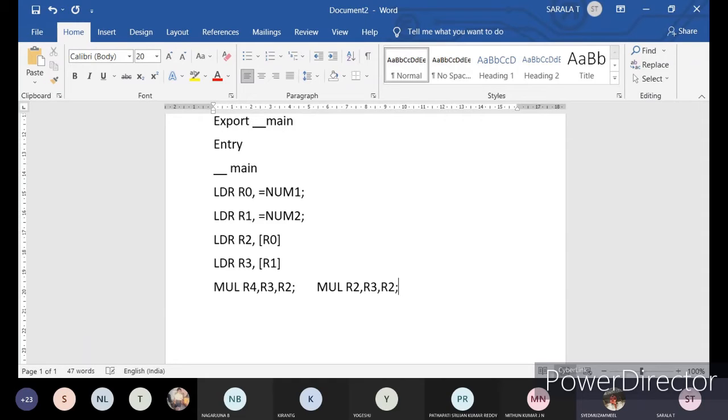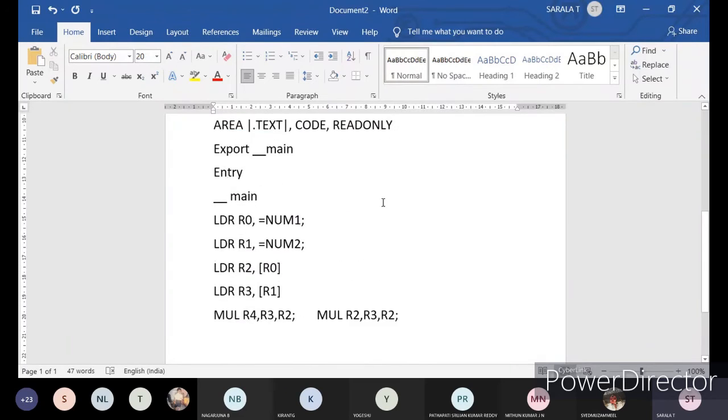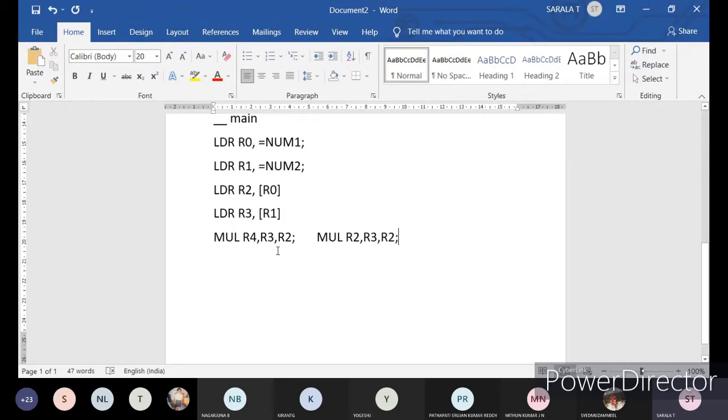See, after multiplication R2 and R3 will retain the previous value. This is the FFFF value, but after multiplication we don't want that value, since we are doing multiplication only once. If the data changes in those registers, it won't affect your program.